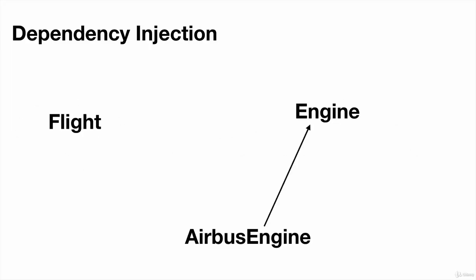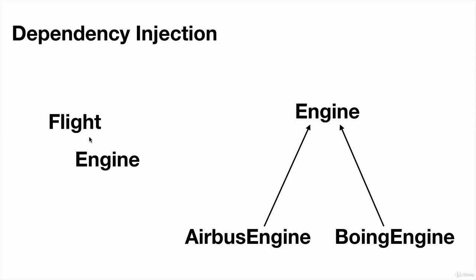To see the real usage of duck typing, you should understand the concept of dependency injection. Dependency injection is nothing but simply injecting an object into another object as required. Here we have a flight that needs an engine to fly. We can inject different types of engines like the Airbus manufactured engine or the Boeing manufactured engine into this flight